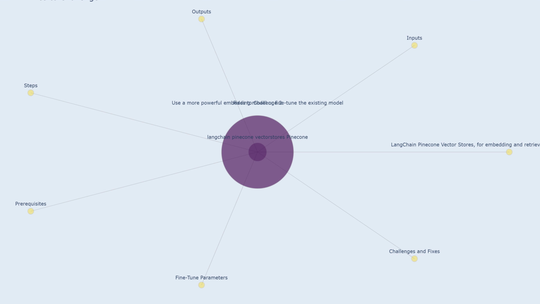Fine-tune the existing model. Fine-tuning an existing embedding model on a domain-specific dataset can improve its ability to capture the nuances of the text data within that domain. This customization can enhance the quality of the embeddings, leading to more accurate search results. This is particularly beneficial when the dataset has a specialized vocabulary or unique